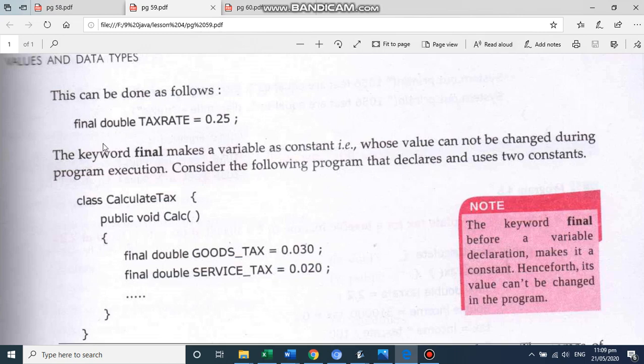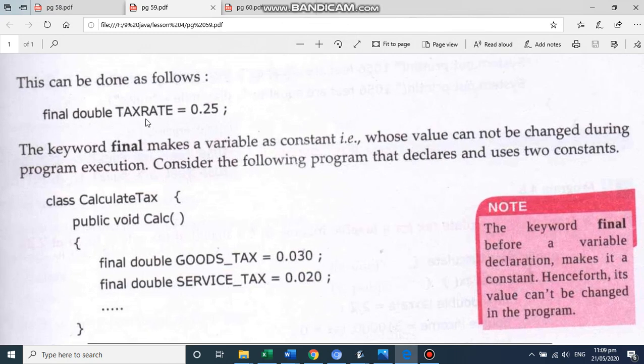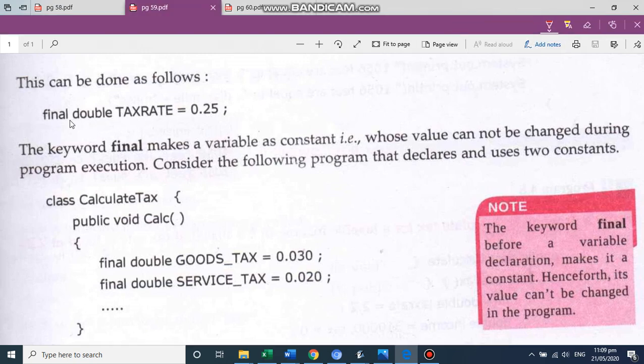Say, let's say any value, say tax, right? So I'll tell you here that we have one word here, final. Okay, so till now you were only declaring a variable. Now this is a variable tax rate and its type is double. So I will write double tax rate is equal to 0.25 and on the next line I can write double tax rate is equal to 1.25.